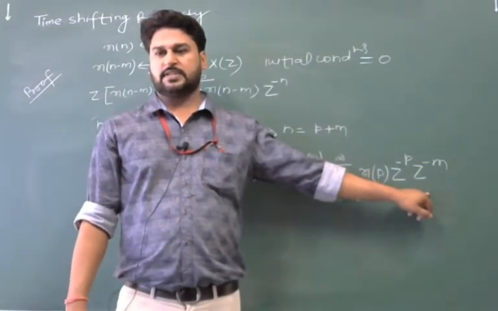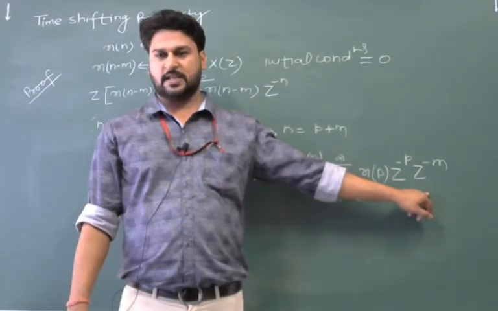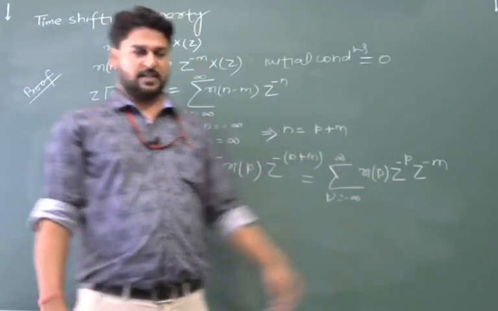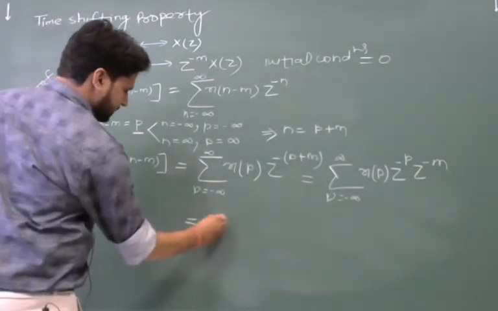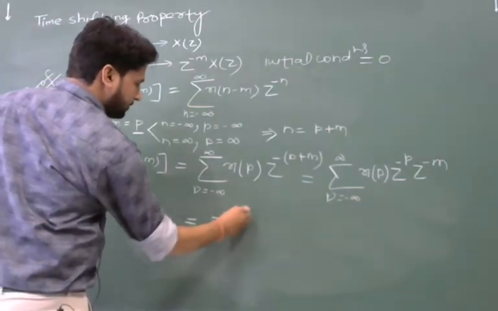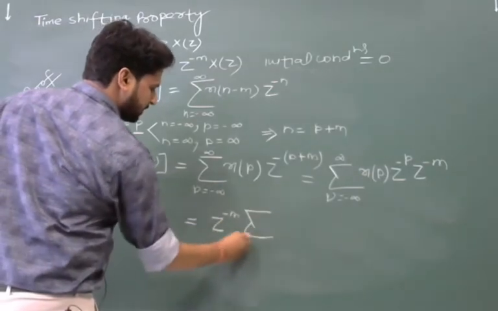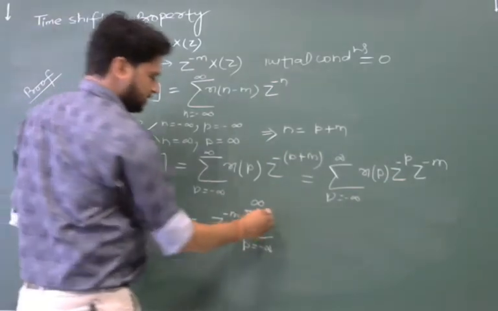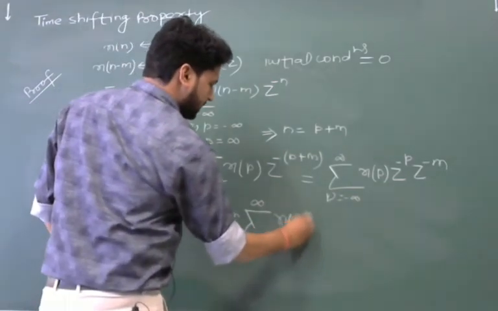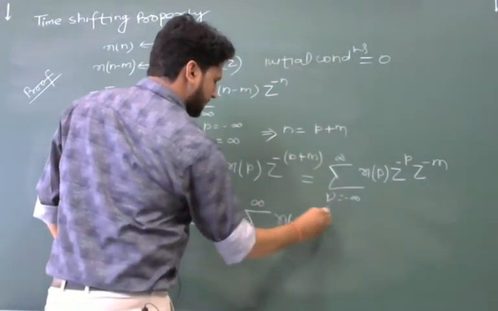So I can put this term z power minus m outside of this summation, then this will become z power minus m sigma p from minus infinite to plus infinite x of p into z power minus p,